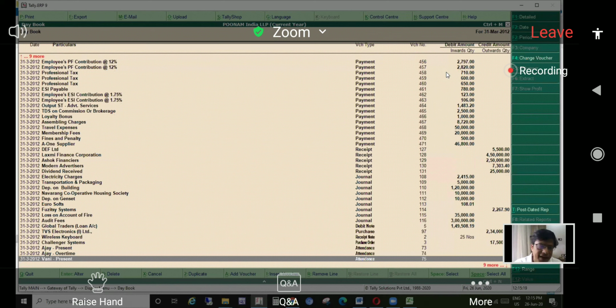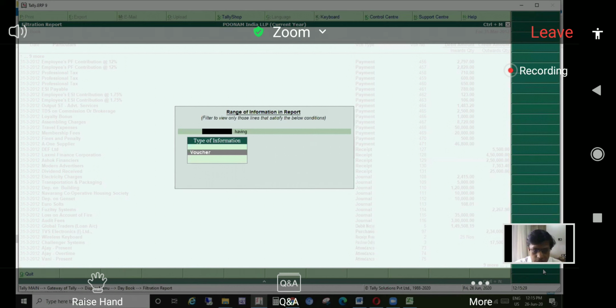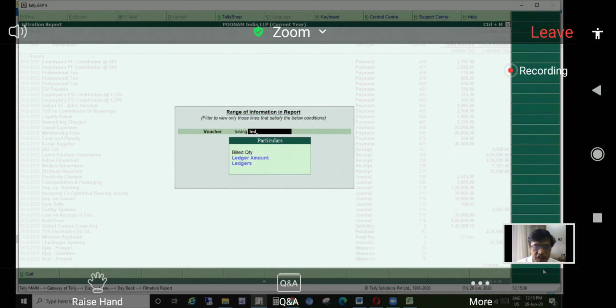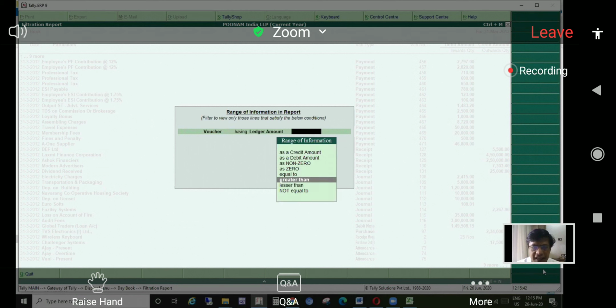The idea behind showing you is that you can use the FQL, that is the range, to filter any information whatever you may wish to extract. So voucher having ledger amount greater than 10.